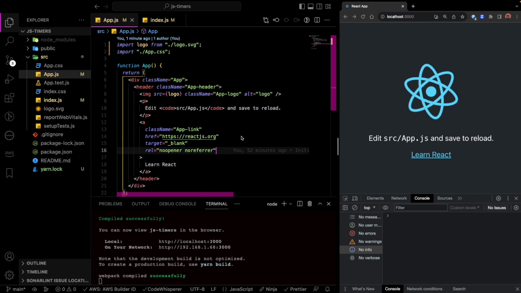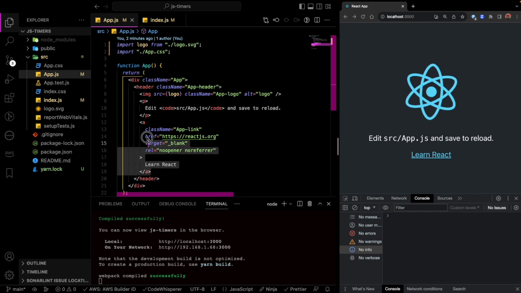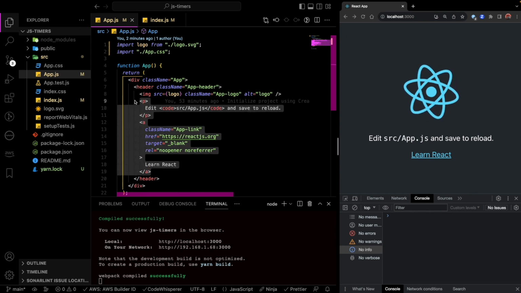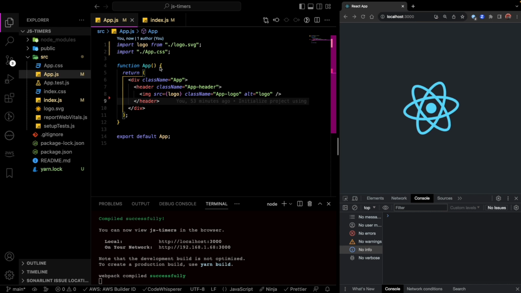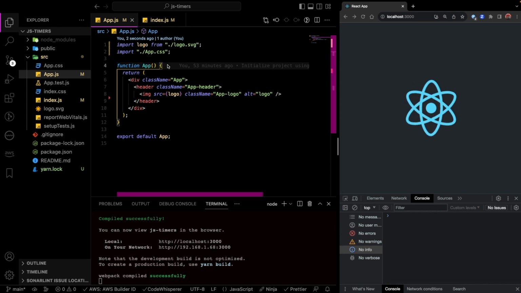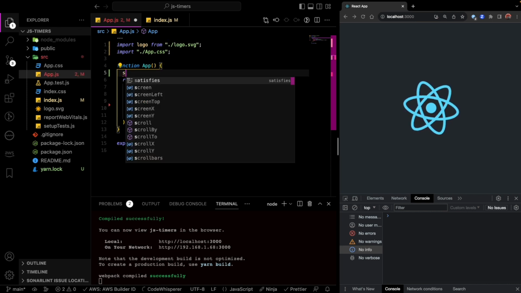To begin, let's talk about setTimeout. This function allows you to schedule the execution of a function after a specified delay. So let's check one first example here. Let's just delete this first part, so it's better for us to work with this. And what we're going to do here, we're going to write